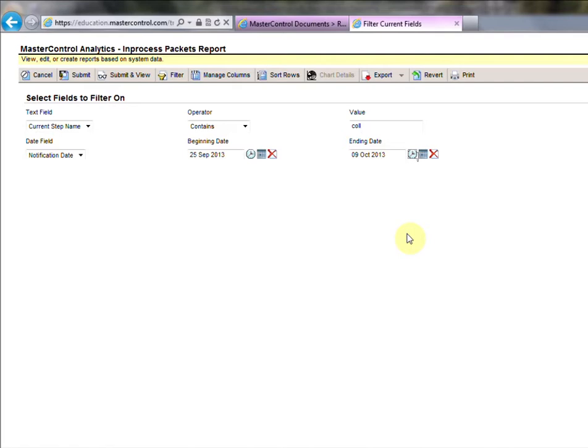But we have dynamic dating. So right now, if I wanted to put this on a scheduled report and send it out to my manager, it's going to be the 25th of September to the 9th of October every time he opens it. When he opens it in February, it's still going to be that same date range. So we have dynamic dating. With dynamic dating,